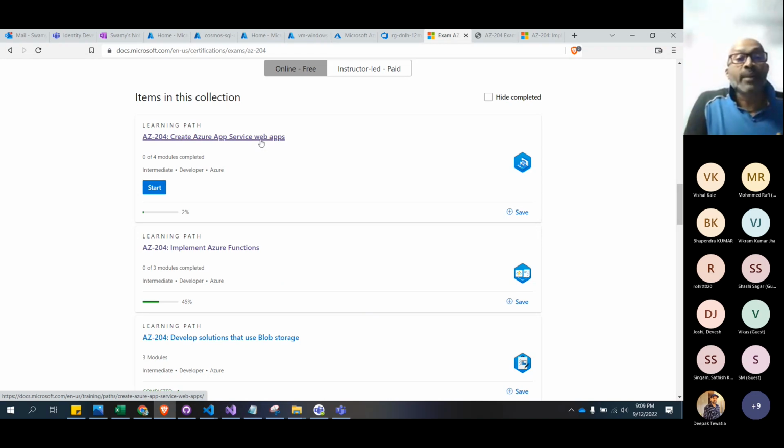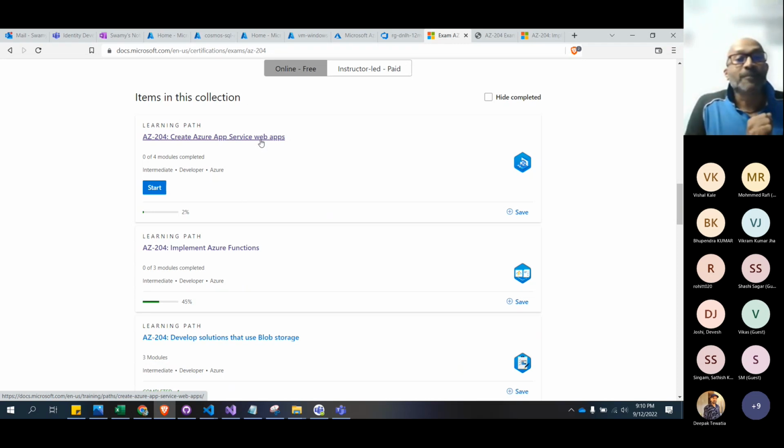Once you do this, deploying on IIS or on Nginx or on Kestrel, on Windows and Linux machines, and when you start deploying the same application on App Service, then you will understand how much heavy lifting is done by the cloud provider, Azure. When you want to deploy something on a virtual machine, you will take a lot of pain. I mean, that's part of the process. I don't want to call it a pain, but it's a part of the process. You need to do all these things. But when you deploy the same application on App Service, they do click, click, click, and it brings up everything. So now you know the difference,